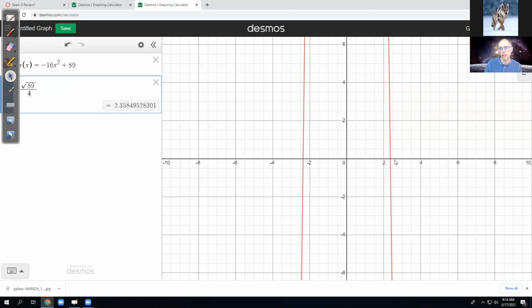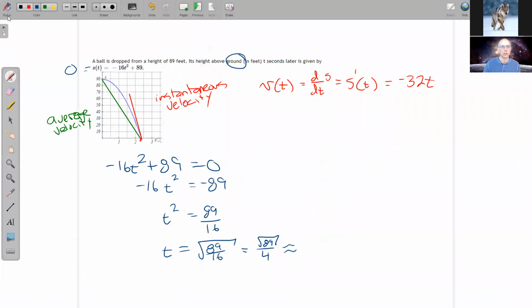About 2.4-ish, which should be this point right there. 2.358, same number, so we nailed it. So that happens at about 2.358 seconds. And so this would be the answer to part A. It hits the ground at